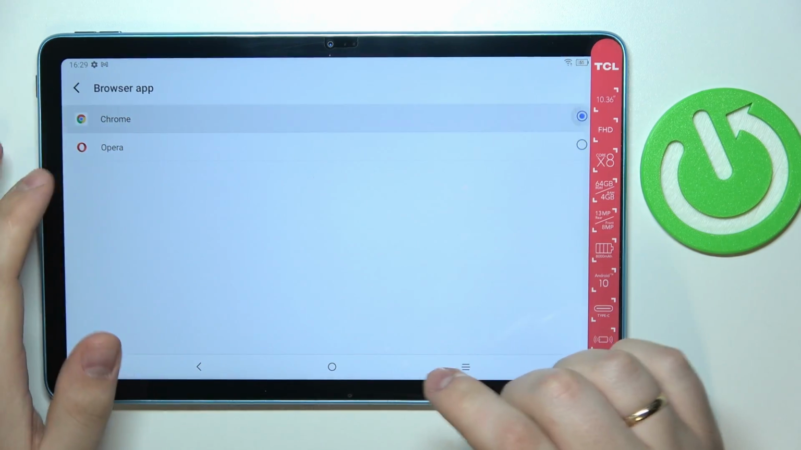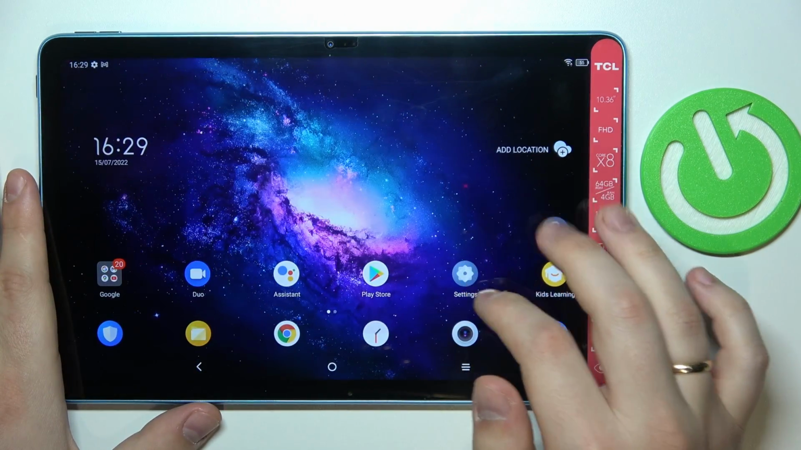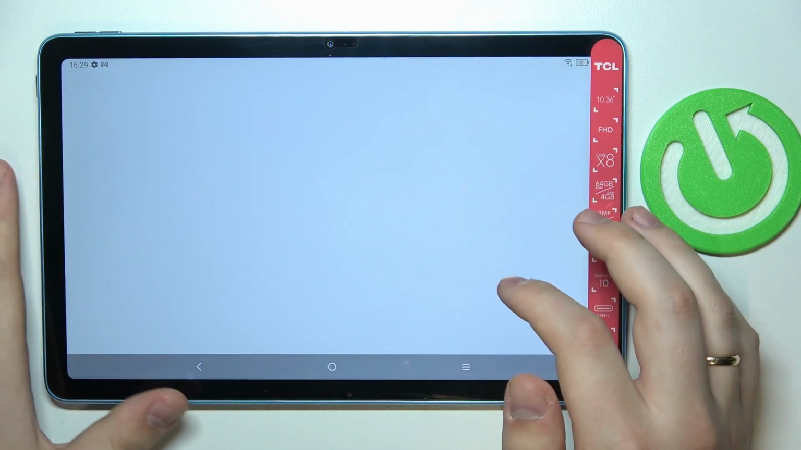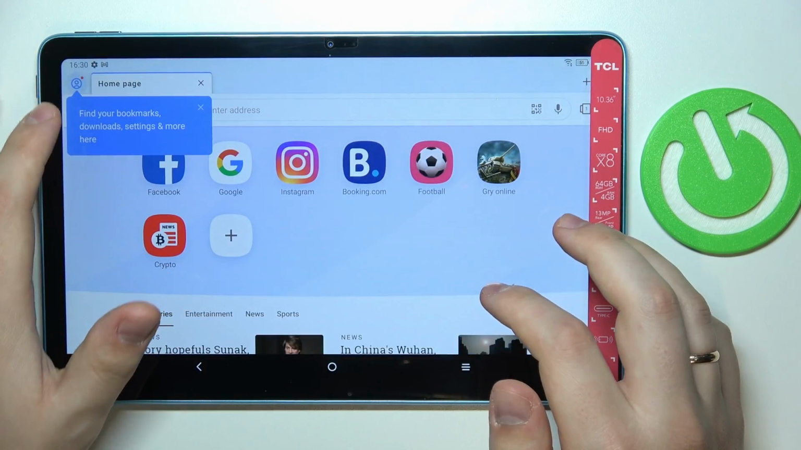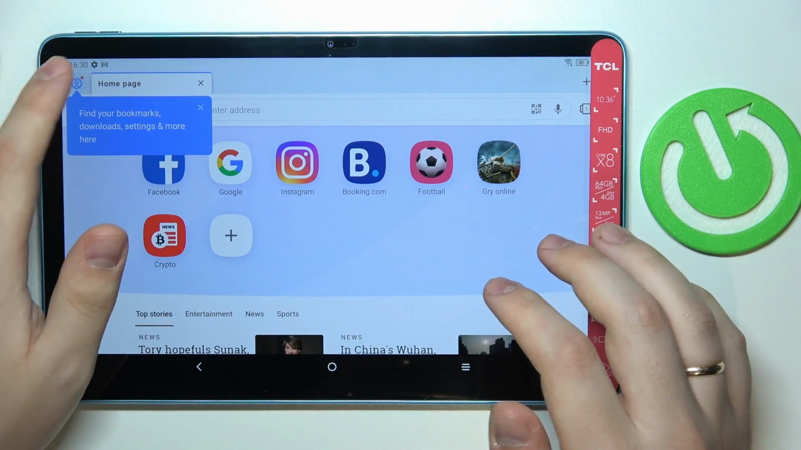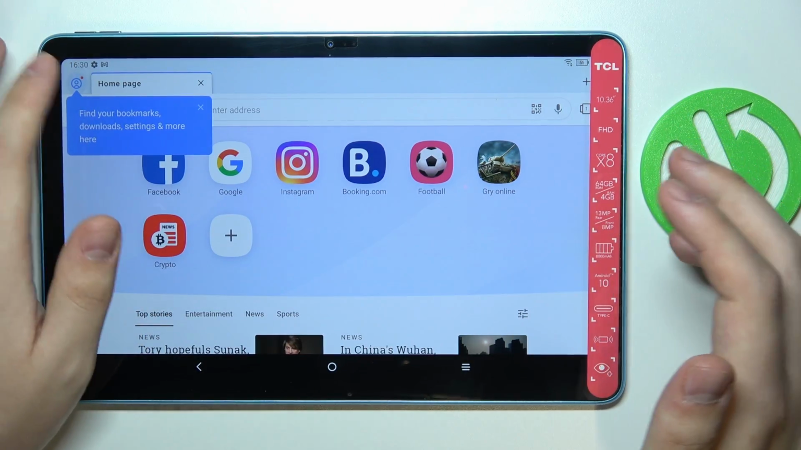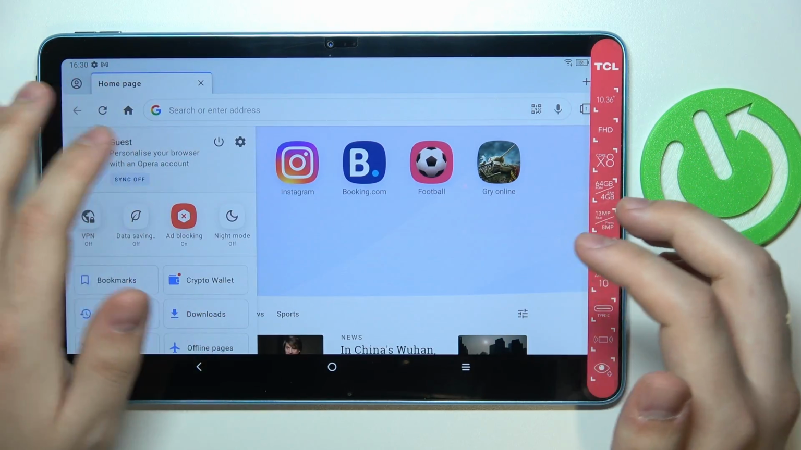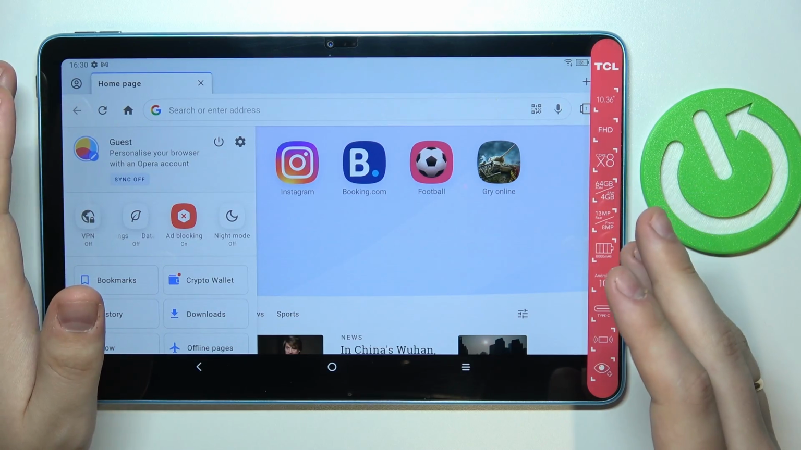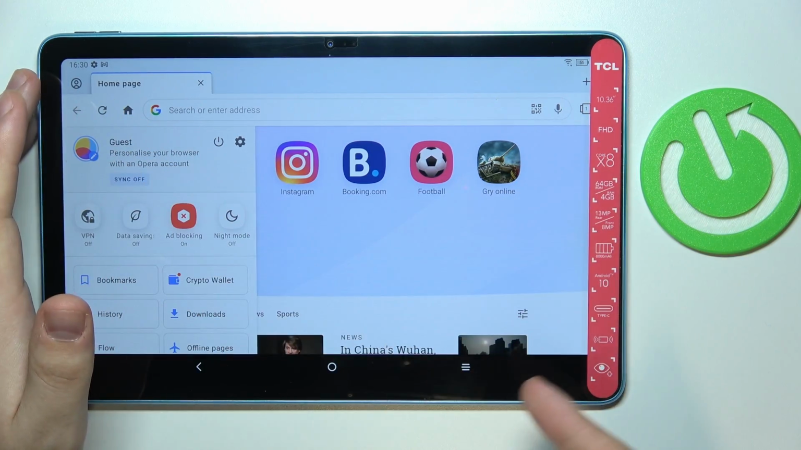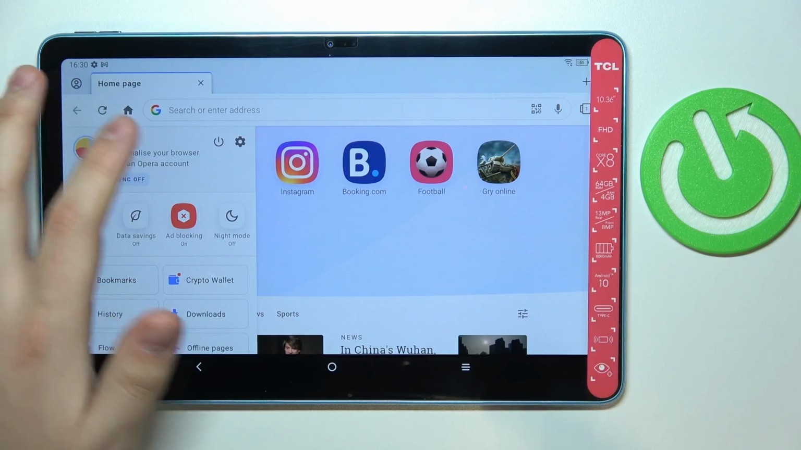There is also a second way to do that directly from the Opera application, so let's go ahead and open it. Here at the top left corner, if you are in landscape mode, tap on your avatar picture. If you are in portrait mode, just the same avatar will be located at the bottom right corner, after which